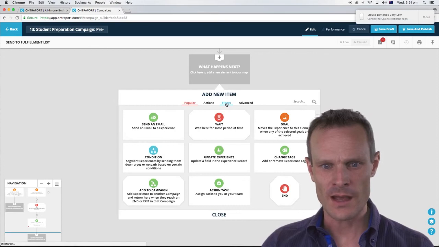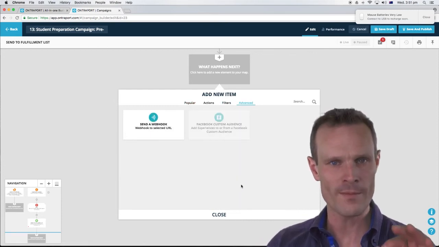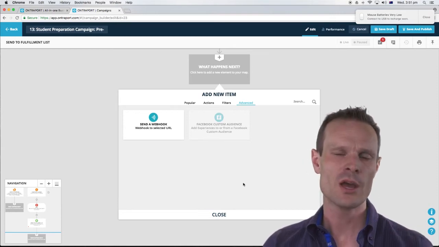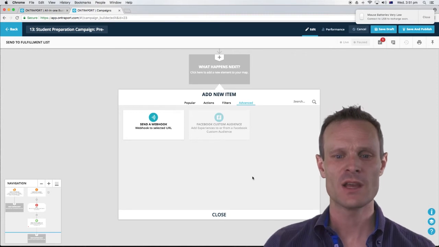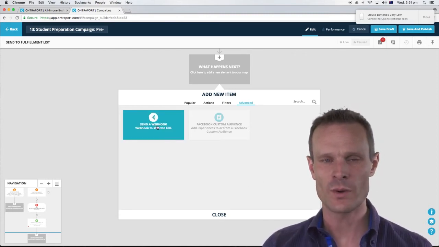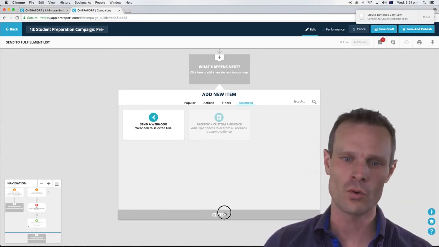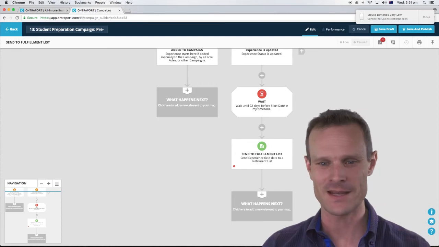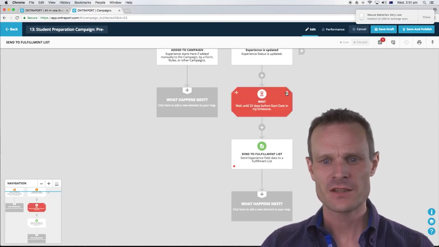And then the advanced one, we're not going to look at so much, but this is stuff that automated will work on. So for example, when we are doing our deep code work, where we're going to absolutely optimize your system and your work processes for you, these are things where we're sending code automatically and sending information out of Ontraport automatically in order to run really sophisticated integrations. It's very powerful stuff. So let's start